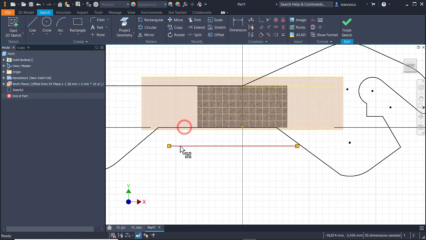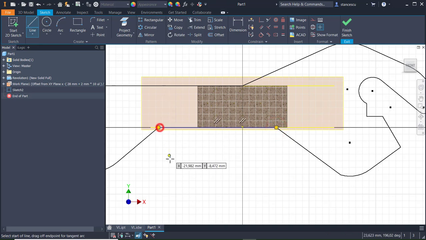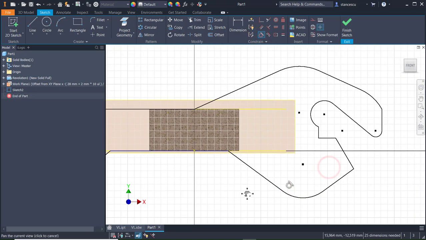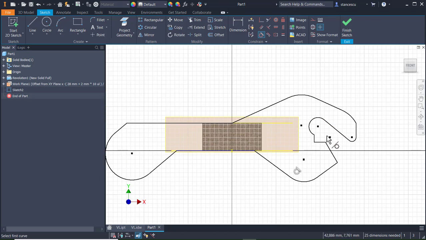Okay, this line must be, oh, this is not good. I erase this and I draw again a line between these 2 points. Okay, tangent, these 2, the other are all tangent, and I start with placing on the same vertical this point with this point, but